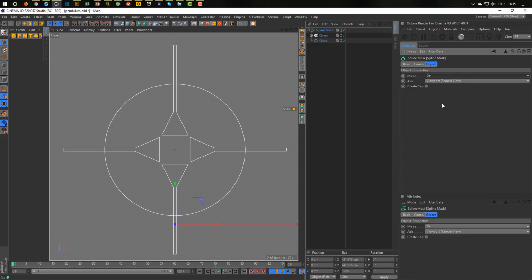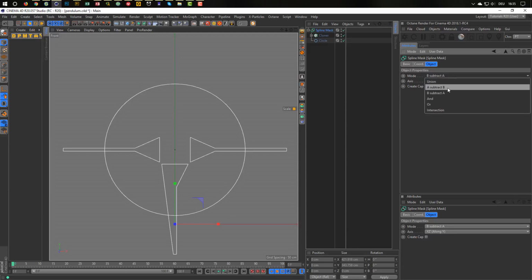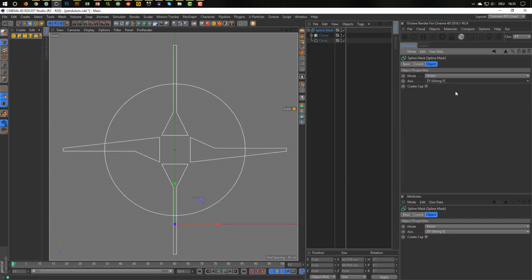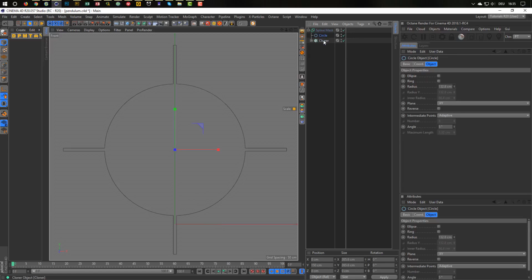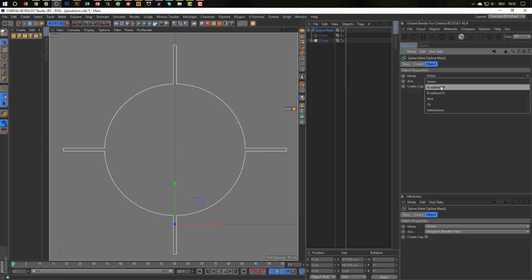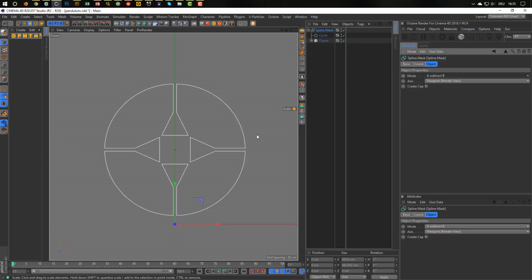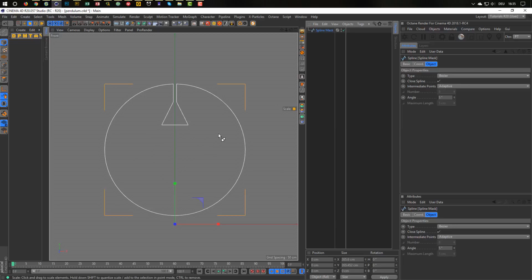And an or an and. No, no, no, intersection, no. Normally this should work, but it does not really. So let's go along Y. See, along X, along render view here, it works correctly, and let's try it differently. Make it so, at first a circle, now it works, okay. Now we have it, and I can make here, simply hit C on the keyboard, and I have my, oh,